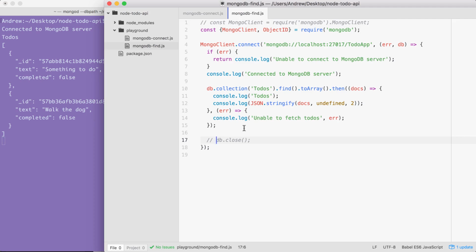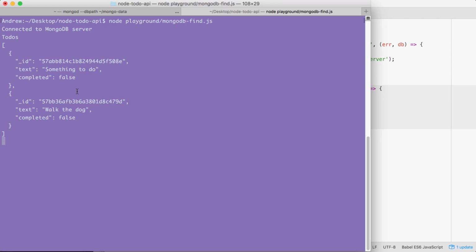Now, this is a very basic query. We fetch everything in the to-dos array regardless of whether or not it has certain values. In order to query based on certain values, let's go ahead and switch up our to-dos. Currently, both of them have a completed value equal to false. Let's go ahead and change the walk the dog's completed value to true so we can try to query just